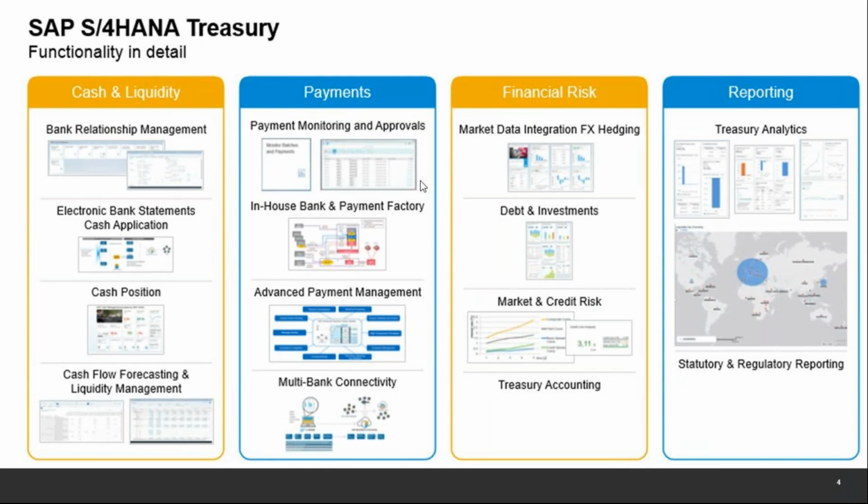How the forecasting is done and the liquidity management will be covered. We can do the short and mid-term forecasting using liquidity forecast and cash position. We will try to cover some of those. The payments monitoring and approvals is one of the modules, bank communication management, that comes under the new S4HANA cash management license. We will be covering some part of the bank communication management. It's a small module, but it's a very effective module to keep a check on your payments. You can check the payment alerts and configure all those things.